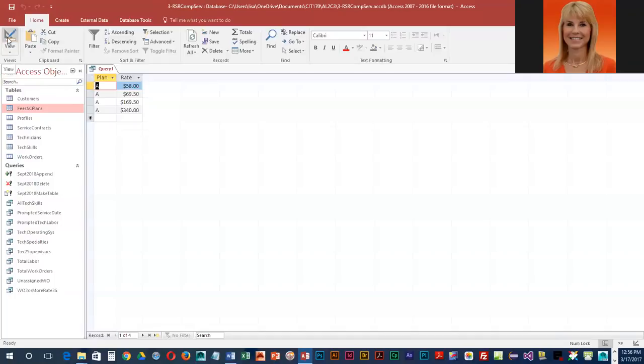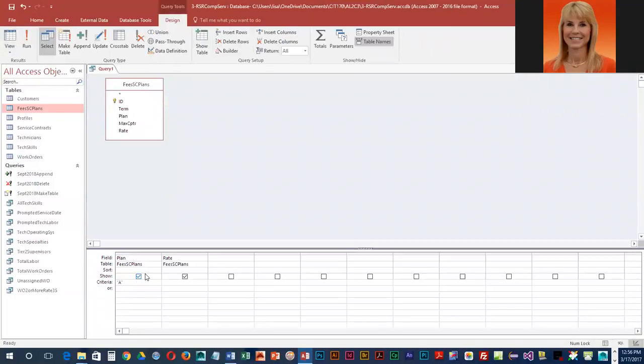And so always a good idea before delete queries, update queries, that you do a select query first to make sure that everything that you think is going to happen is actually happening, and then you can change it to the update or delete. So we have verified this, and